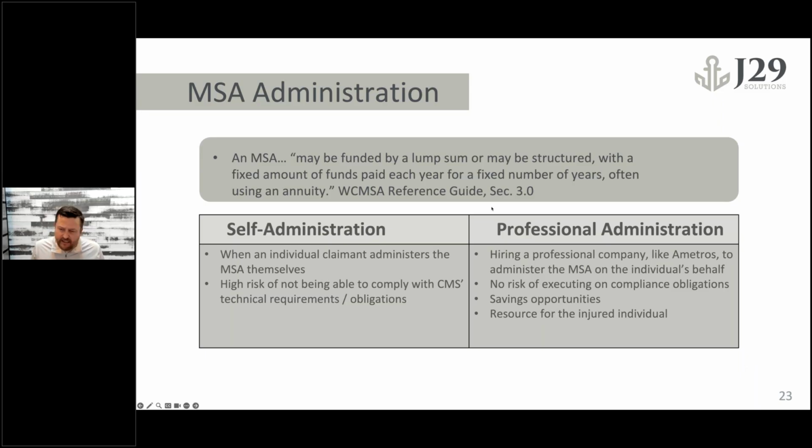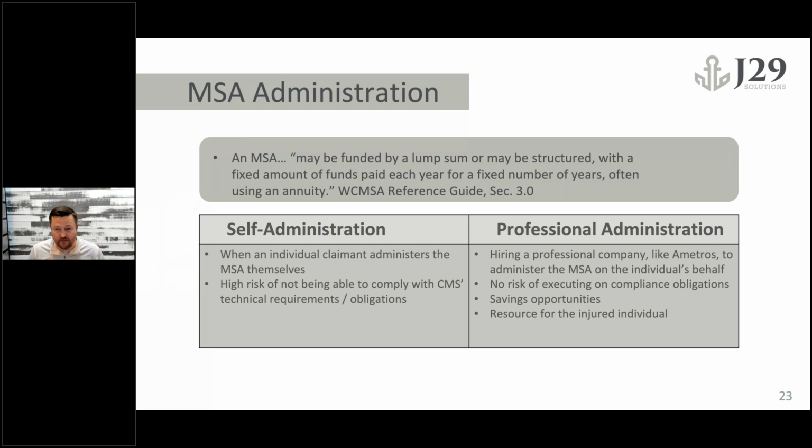Now, CMS indicates that an individual, unless there's issues around competency, is fine to self-administer if they want. The risk there is they're not going to be able to comply with CMS's technical requirements and obligations. And if they happen to misspend, mismanage, or misreport information via the attestation process, they could risk losing their Medicare benefits. If there's any applicants' attorneys on the phone, I would just caution you, ensure that you've educated your client with respect to this, because the first person they're going to call is you. And for our carrier self-insured TPA friends on the phone, they're probably going to call you too if they lose